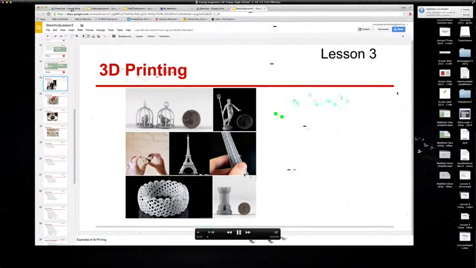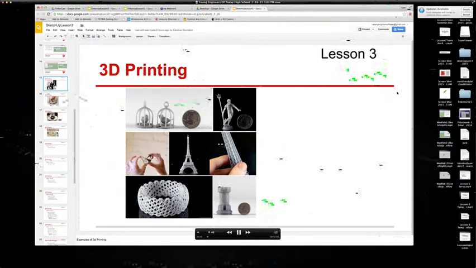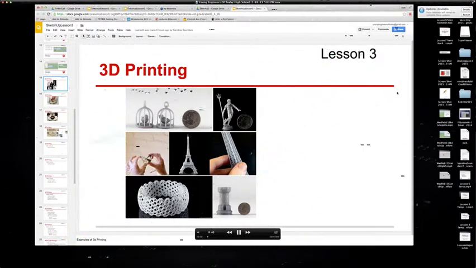Here as well. So we're going to talk a little bit about just 3D printing in general. Then we're going to set up an account in TinkerCad, and then I'm going to start showing you TinkerCad as